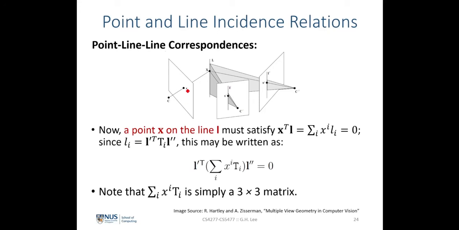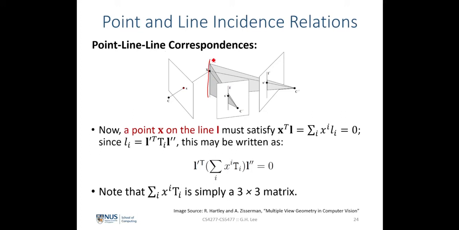This means that in the first image I would have an image point, and then in the second image I have a line correspondence that is what I call L prime, and in the third image I would have another line correspondence which is what I call L prime prime. So what this means is that the point and the line image correspondences back project to an intersection in 3D space of a 3D line which we call L. So this particular 3D line is the intersection of the back projection of L prime and L prime prime from the second and the third